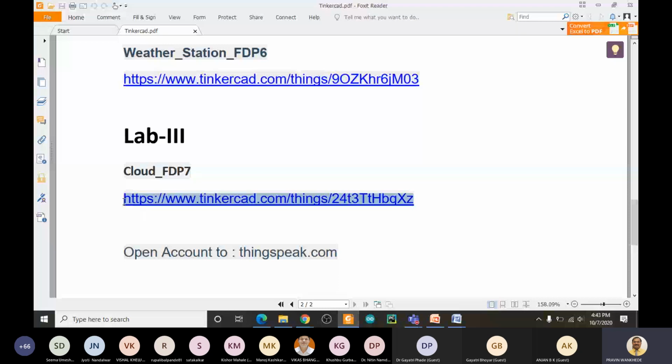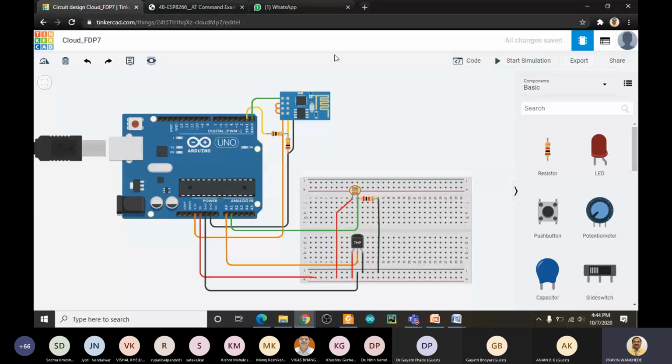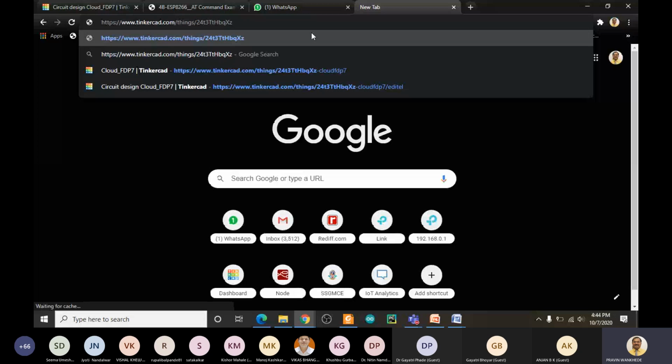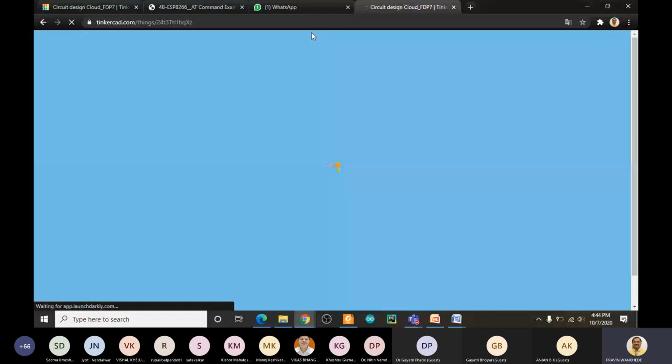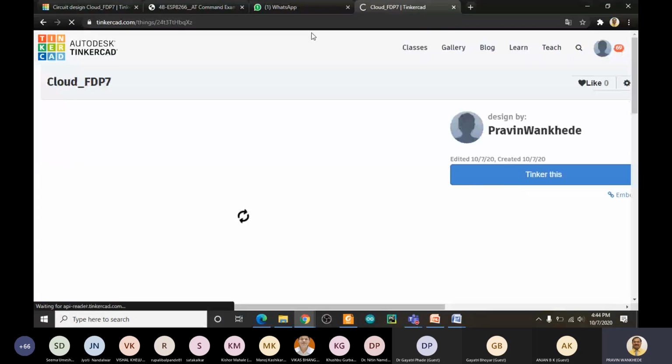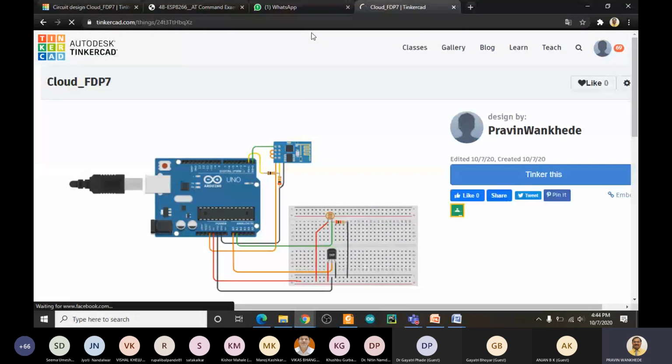So you just copy this link, go to your browser and paste it. Most of you already have a login on Tinkercad.